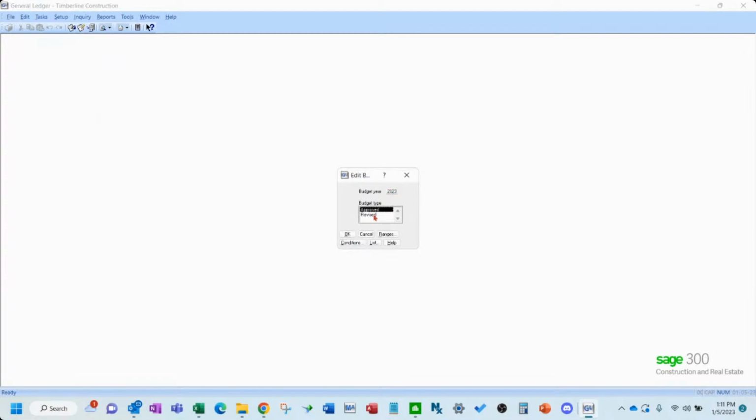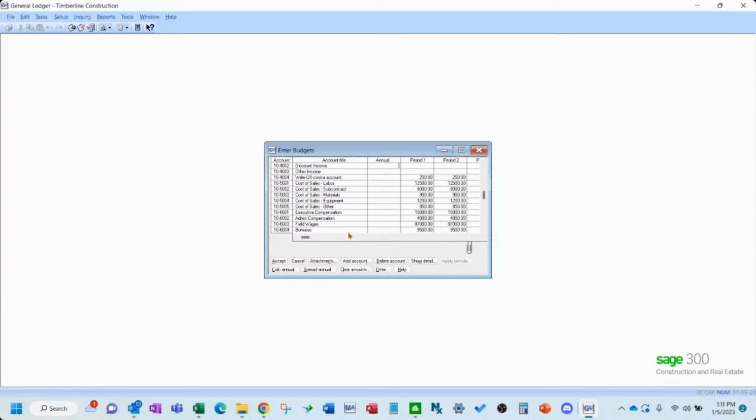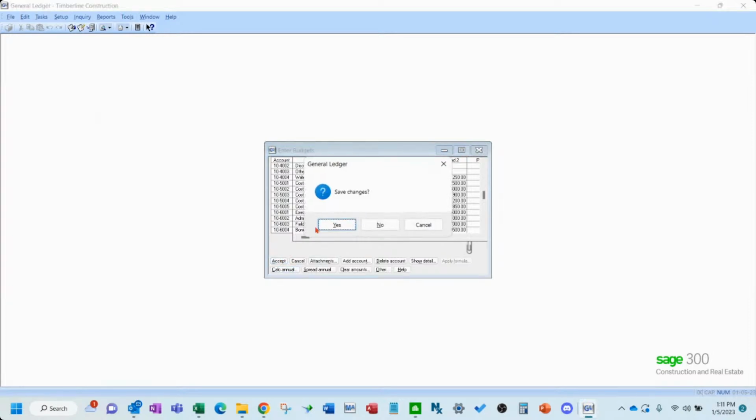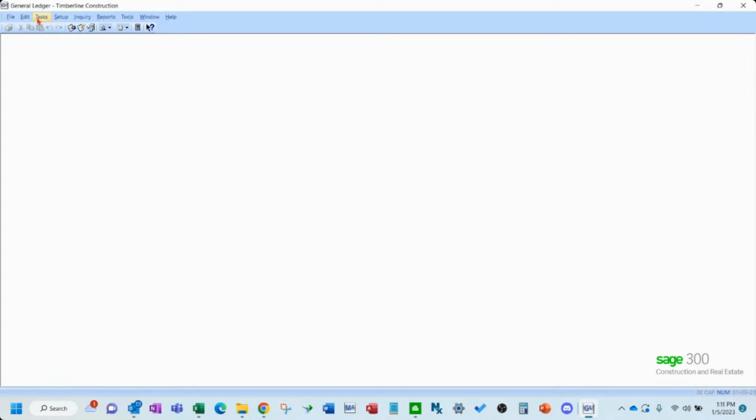Okay, so I've got a 2023 approved budget that I'm going to be working with. Okay, so you can see there's some info in there. So the first thing, before you import the budget, you have to make sure that there is a budget that you've already set up.